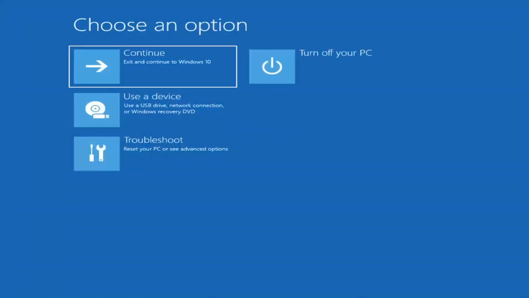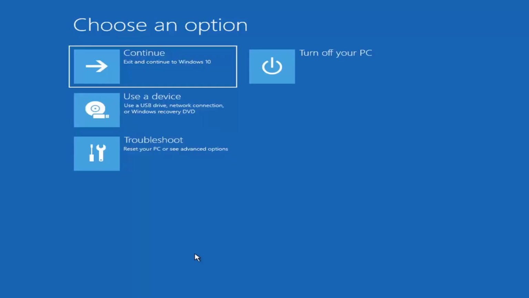So first thing I'd recommend doing would be to boot to the troubleshooting utility on Windows 11. If you do a hard power off 3 times in a row, Windows should automatically attempt to launch the startup repair utility. And if it doesn't find anything, it will give you the option to select advanced options, in which case it will take you to a screen that looks like this. Now, if it does not take you to a screen that looks like this, or you're unable to get to that,